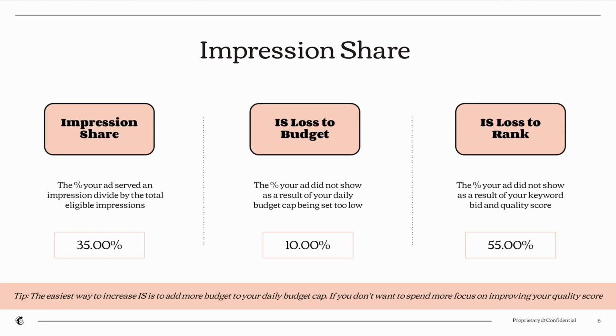And I'll touch on quality score in just a moment. First, I want to show you what this could look like in your account. So you could find on the campaign level, when you add in the impression share column, that you have a 35% impression share on your campaign. If that's the case, then you're probably losing impression share to either budget and or rank. In this example, you'll see that 10% of our impression share is lost as a result of our budgets being too low. So what I would look to do there is increase my daily budget cap on the campaign that currently has that issue. For our rank, if we're finding that we're losing, say, 55% of our impression share as a result of our rank, we would then look to either increase our keyword bids or we would look to improve our quality score.